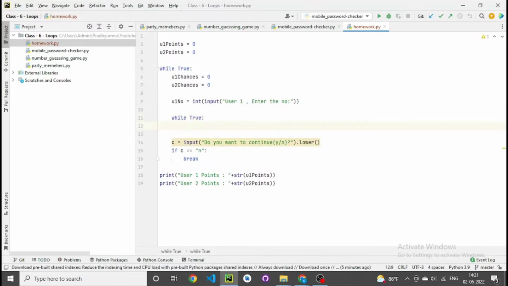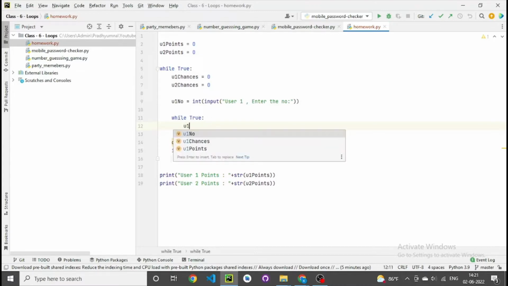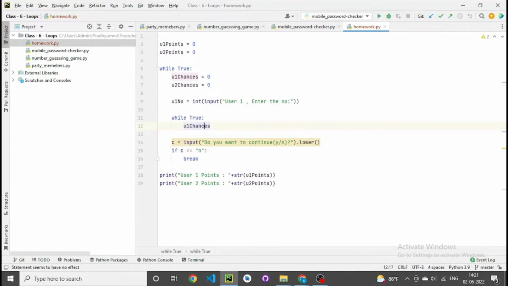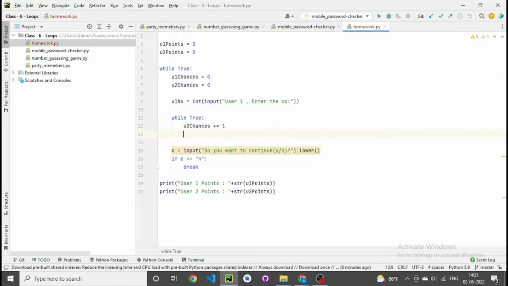So we'll be asking the user 2 on how many chances and we'll also increase the number of chances that he takes. We'll increase it at the first point itself. So here we actually increase the second person's number. Because if he guesses at the first point itself, then it would have no meaning if he has taken no chances. So since it's 0, we're gonna add 1, and then we ask